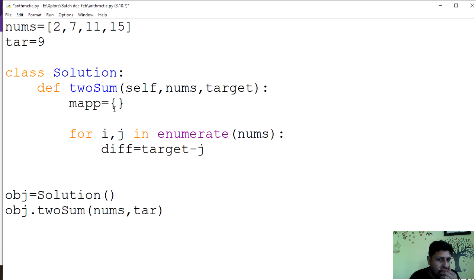Let's assume the first element: i is the index, right? So it is going to be 0 and j is going to be 2. Now let's say the target is already 9, right? So target is equal to 9 and j we already have as 2,